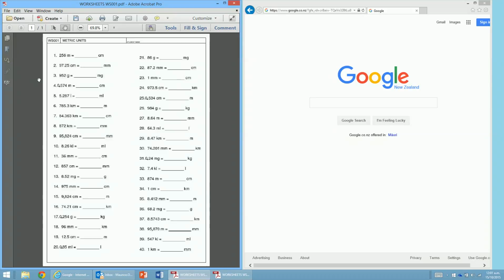Now this worksheet comes at the end of a various amount of resources that are accessible through a Moodle site, and which tell you various conversions and things like that, and you're required to just fill in the gaps. So for instance, in number 1 here, we've got 256 metres, and we want to convert that to centimetres. Most of us know that 1 metre is 100 centimetres, so what's involved here is multiplying the 256 by 100 to give us